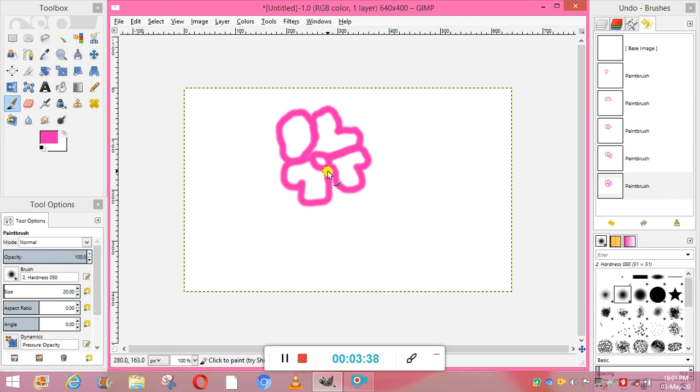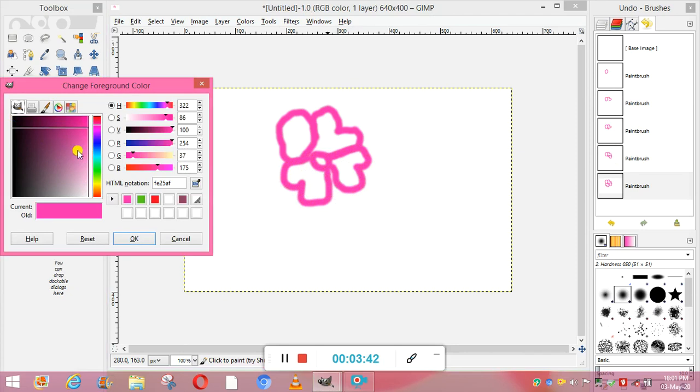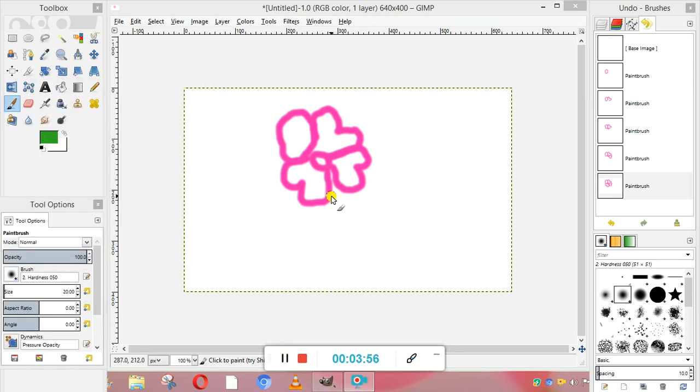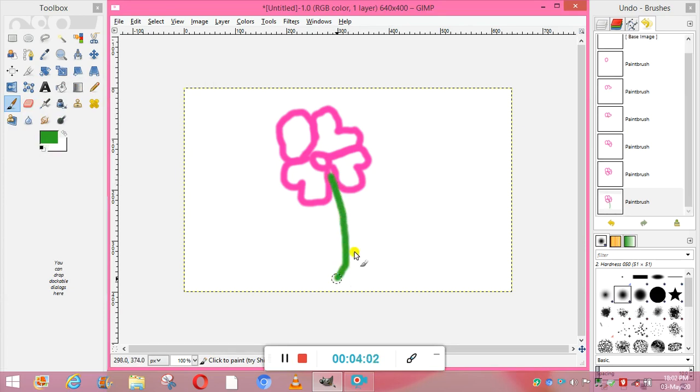Okay, after that I'm going to select the green color because I want to make the stem of that. Now I've selected the green color, so I'm making the stem of this flower, and this is the leaf.